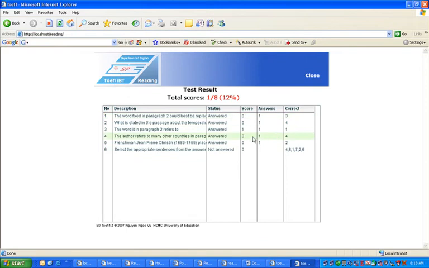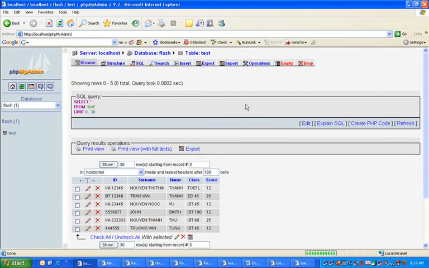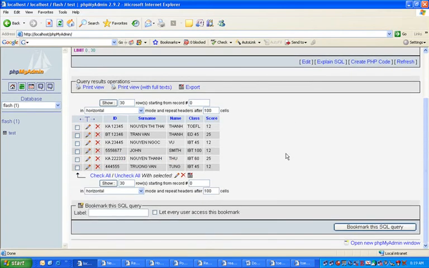You see this student gets one correct answer and he gets 12%. So again the teacher just needs to click on browse on his or her server, and you see Trương Văn Tùng with the ID number 444555 has been added